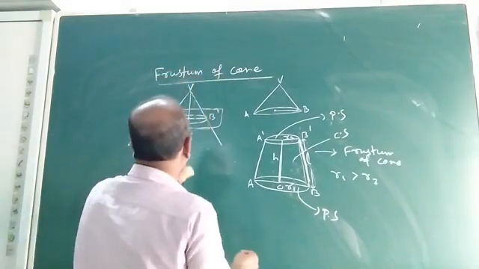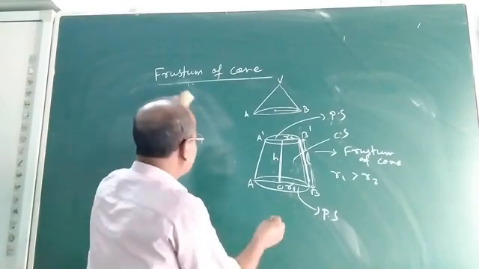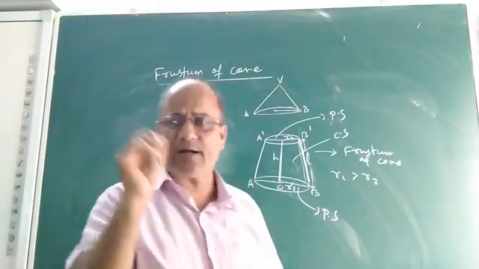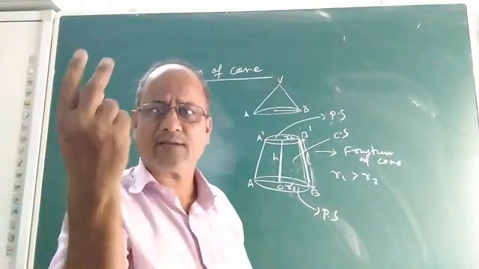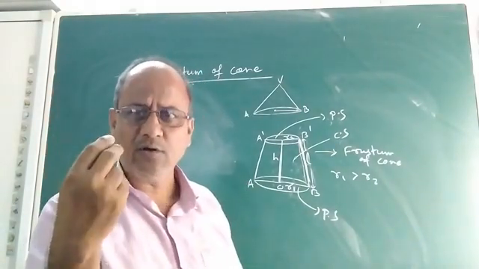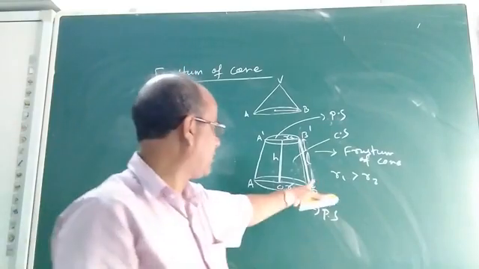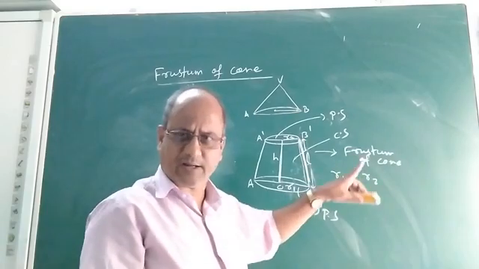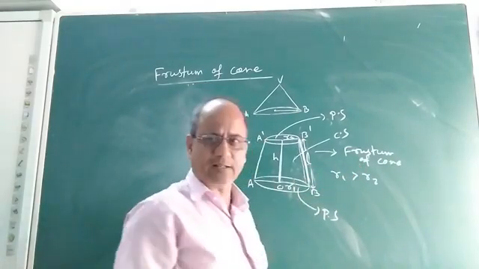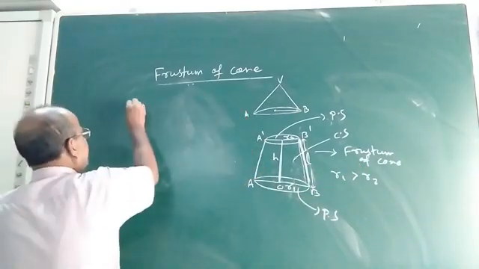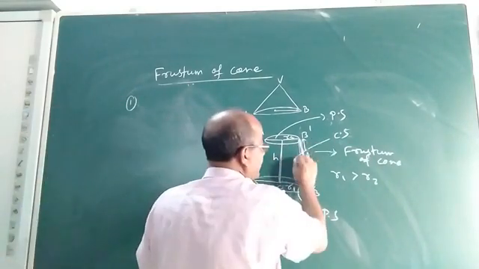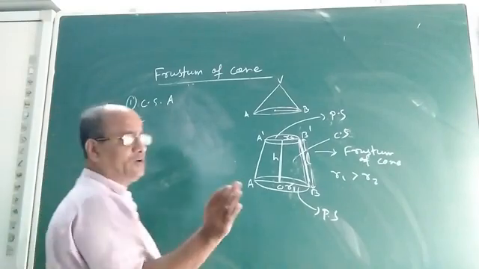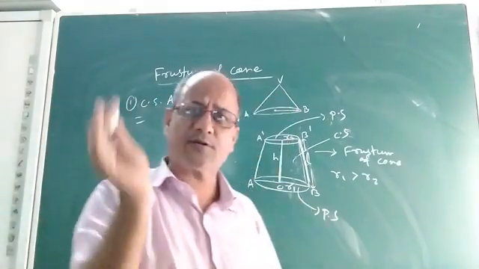Now children, we came to know from this discussion that a frustum of cone has two flat circular ends. So clearly there are two radii, R1 and R2, and the radius of one end must be greater than the radius of the other end. Suppose R1 is greater than R2. Now what will be the curved surface area of a frustum of cone?